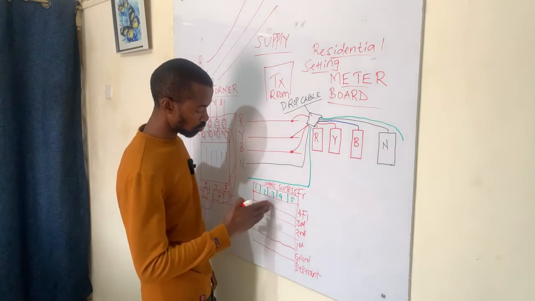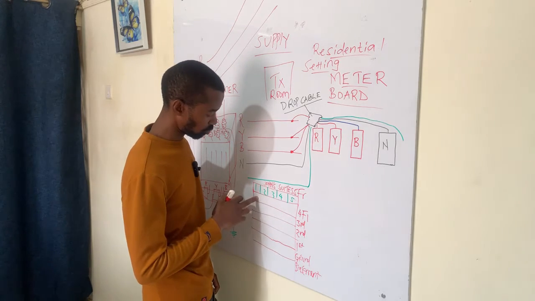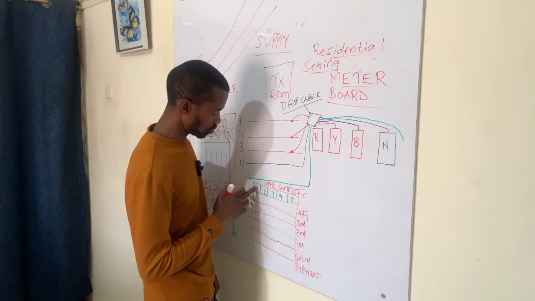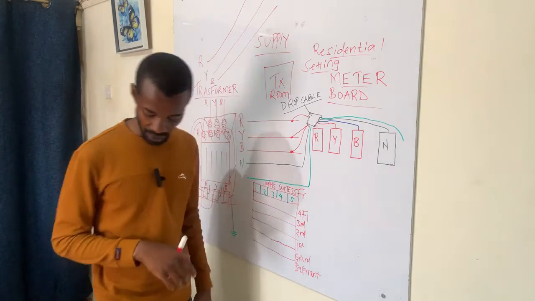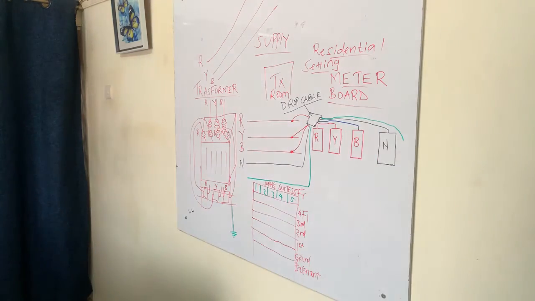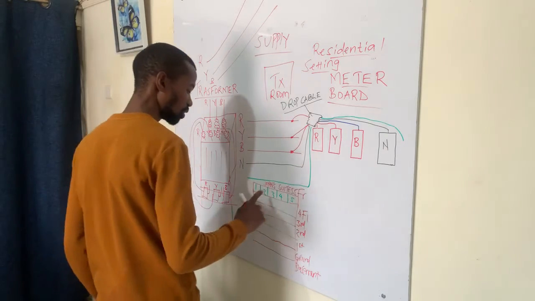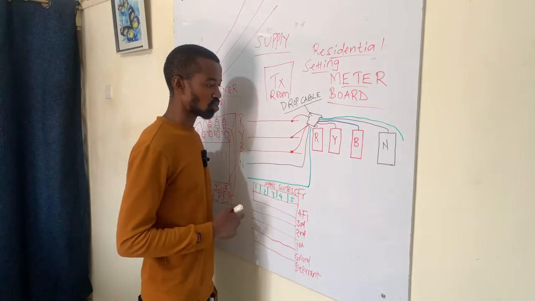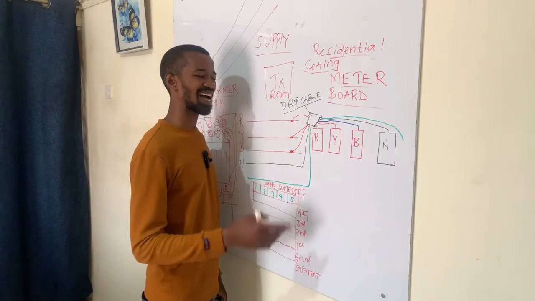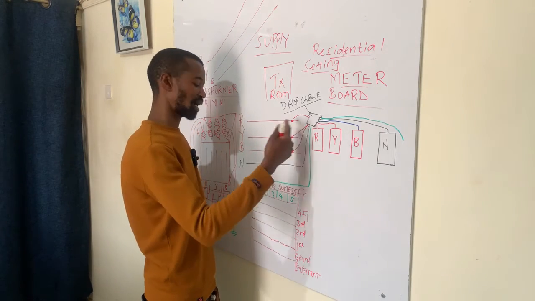Because when you get at this level where we have now these two bedroom units, we have single phase connection there because we'll have either the red phase going to a certain house, the yellow phase or the blue phase, and all of them have to go back to the source,